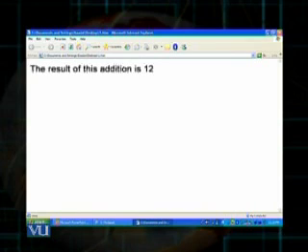So whatever information I had enclosed within the double quotation marks in the document.write is printed as such. The two numbers which I had inserted are added up, and their result is concatenated or joined with the string. So you can see the 12 after the word is.